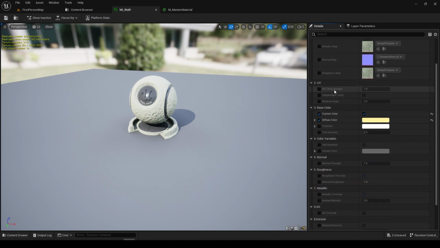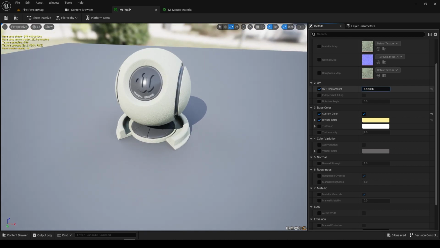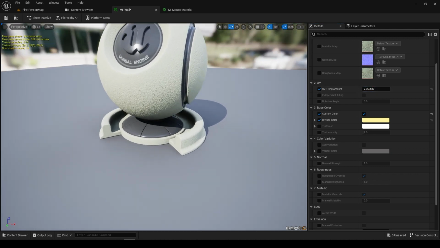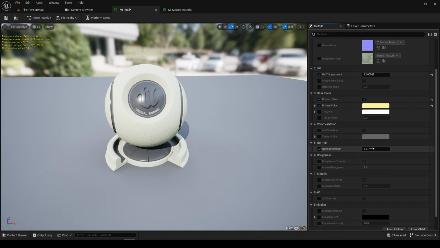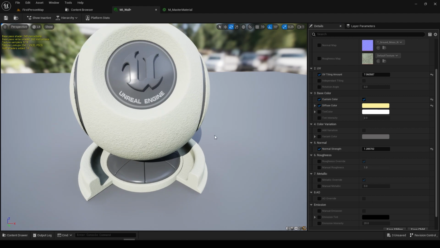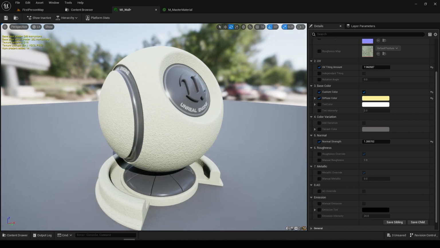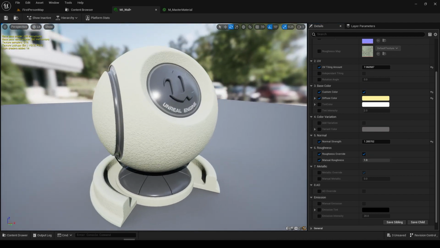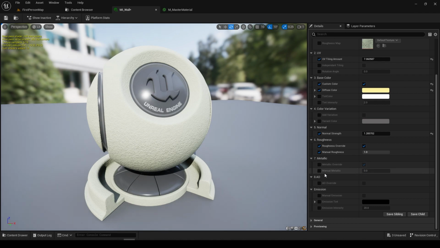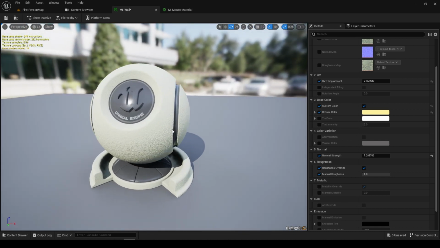Then I will increase the tiling because at this moment this is very rough. That's more like a wall. And now we will increase the normal a bit. Let's see. All right, now I guess the roughness value is good. We don't have to change it because it's rough at this moment, and that's what we need. We don't need to override the metallicness as well. So yeah, here is our basic wall material,